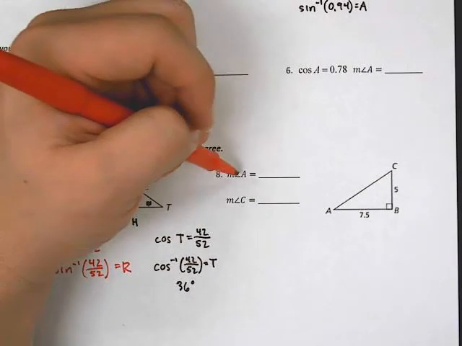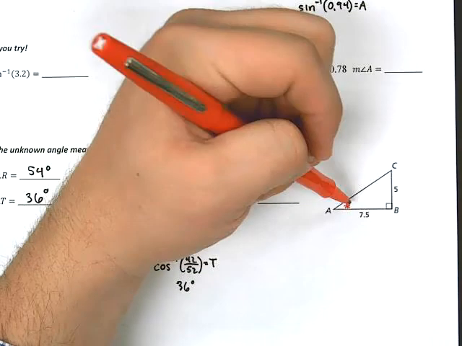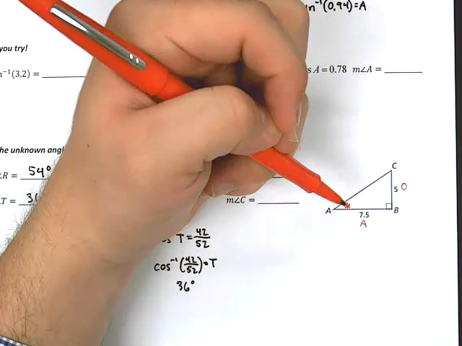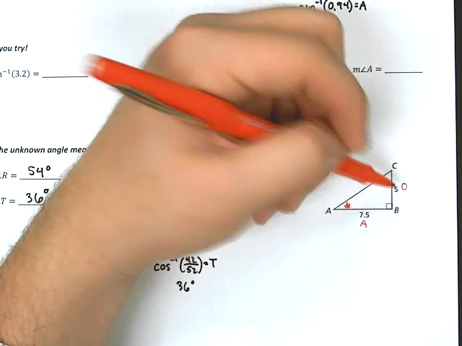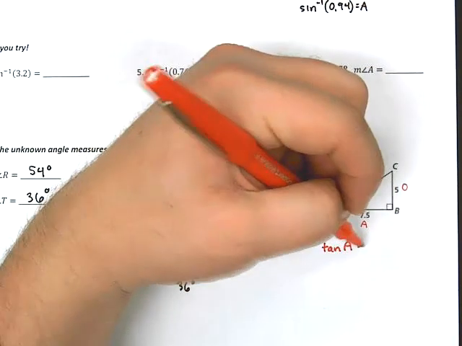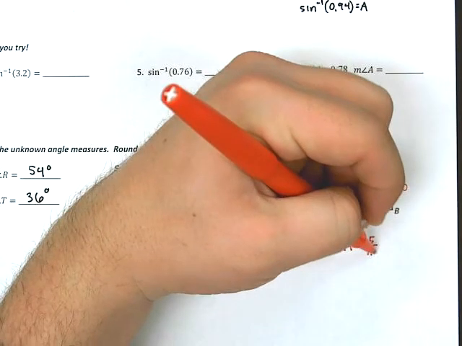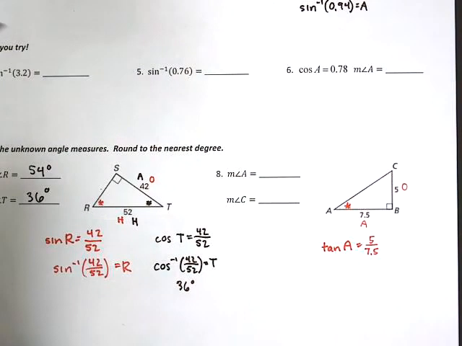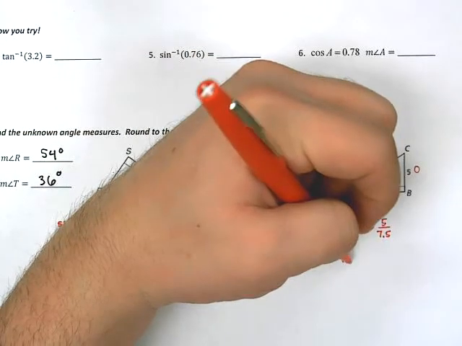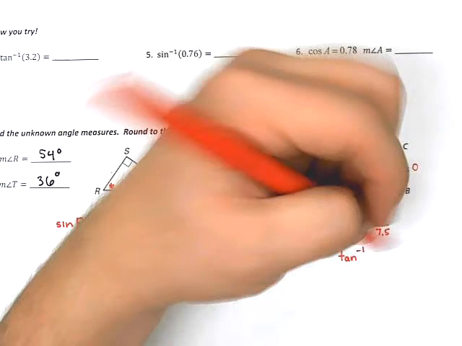Angle A. If I want angle A, then I need to mark angle A, and I need to say, well, I have the opposite, I have the adjacent. TOA. So I'm going to have to use the tangent of angle A is equal to opposite over adjacent, or 5 over 7.5. And then once again, we've learned that if I have the ratio, I can take the inverse trig function, or inverse tangent in this case, of the ratio